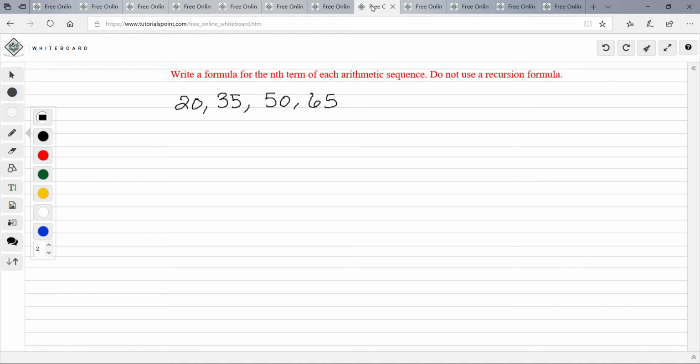Write a formula for the nth term of each arithmetic sequence. Do not use recursion form. So we know it's arithmetic, and then we got to find the common difference. So this is A1, A2. So the difference is A2 minus A1, which is 35 minus 20, which is